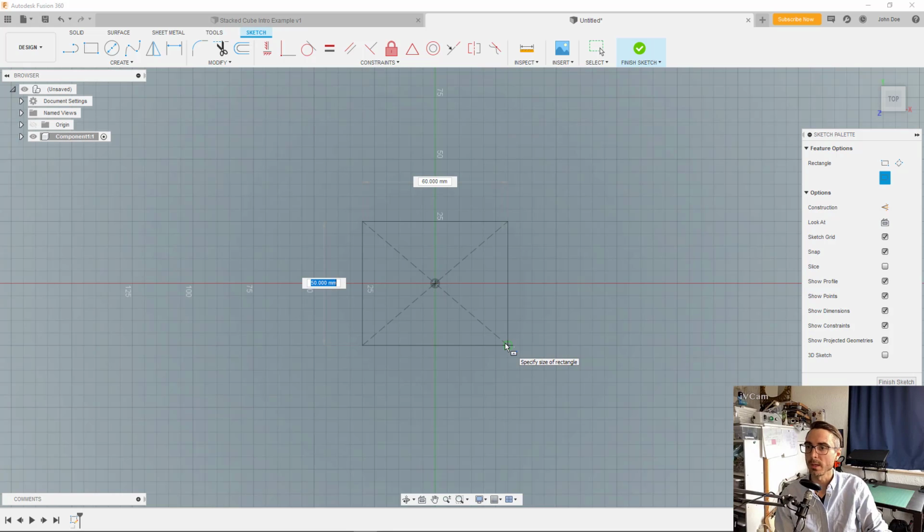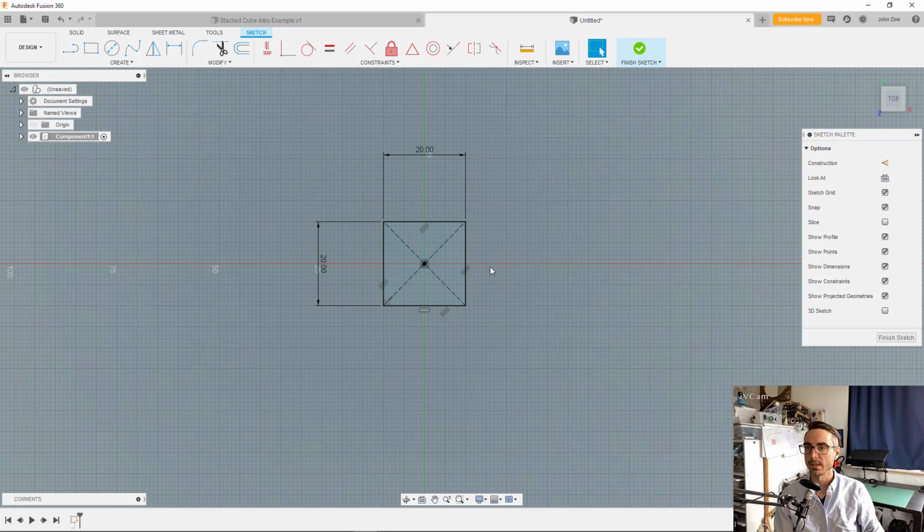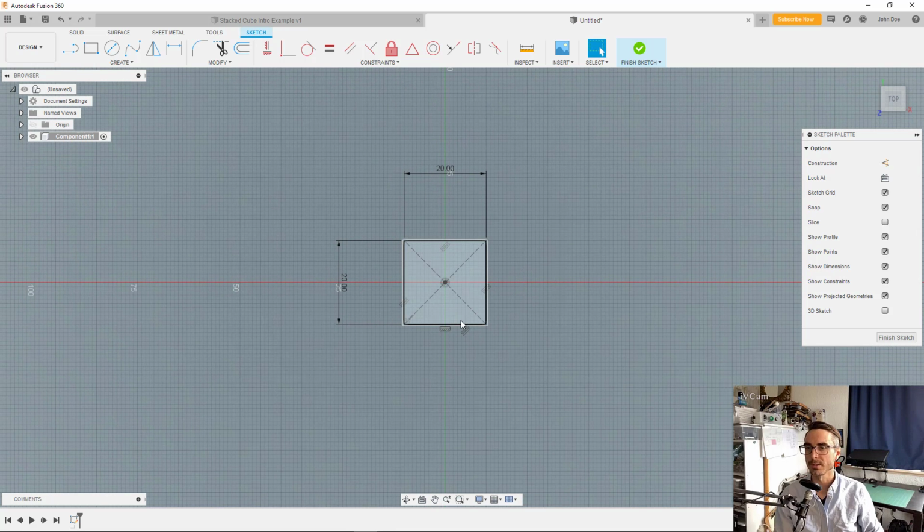I'm going to make this 2 centimeters or 20 millimeters on each side. So I entered 20 there, and the default units are in millimeters. I'm going to move to the other length by hitting Tab on the keyboard and making that 20 as well. So 2 centimeters on each side. Lastly, I'll hit Enter on the keyboard to commit both those changes. What we have now is a two-dimensional object on a plane,